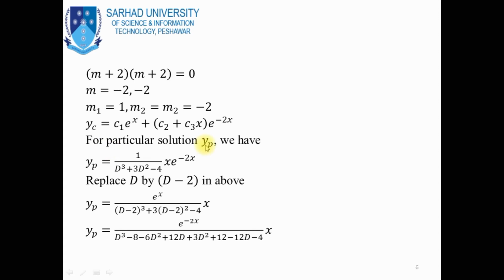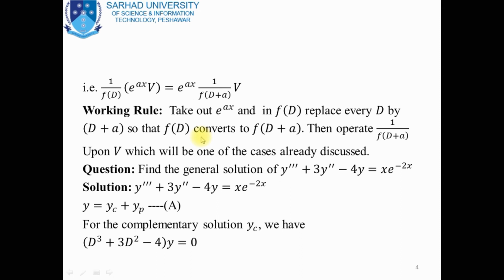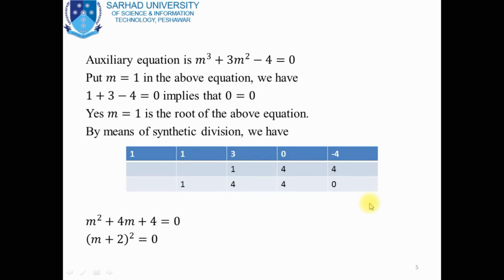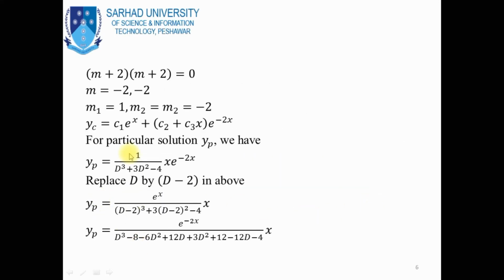Now the particular solution for this case, when the exponential function is multiplied with the polynomial, you see here this is actually the right hand side function of the given differential equation. In the given differential equation we obtain x e power minus 2x at the right hand side. So the particular solution will be equal to 1 over the differential operator. This is actually the inverse operator of the given differential equation, d cube plus 3d square minus 4